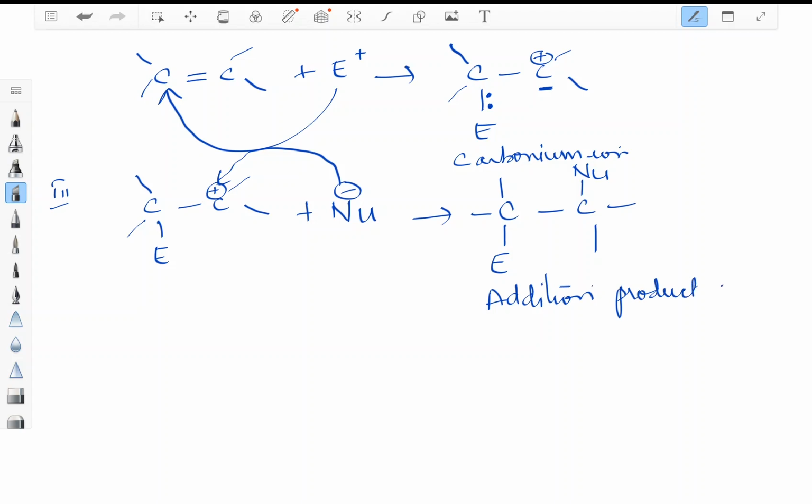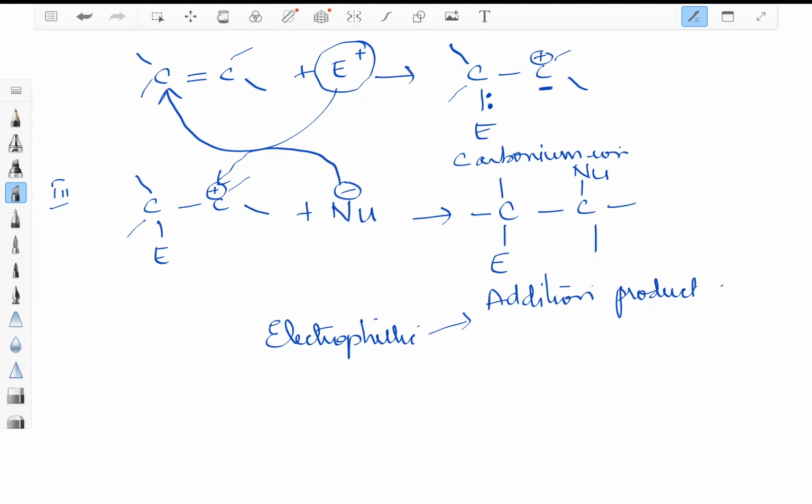And remember this, in the first step we have generated the electrophile and nucleophile. The electrophile formed in the first step is first getting attacked. That is why this reaction is called an electrophilic addition reaction. The entire process is called electrophilic addition reaction. This is the general mechanism which you need to remember. Please look up the notes which I'm going to send you, and also try to understand with this video. If you have any doubts, we'll discuss it later.